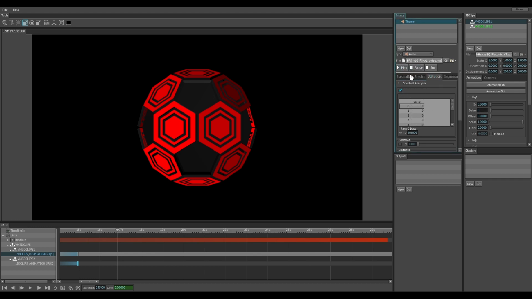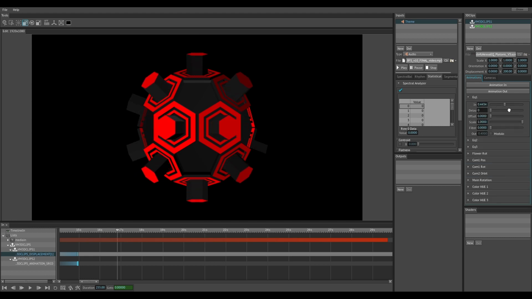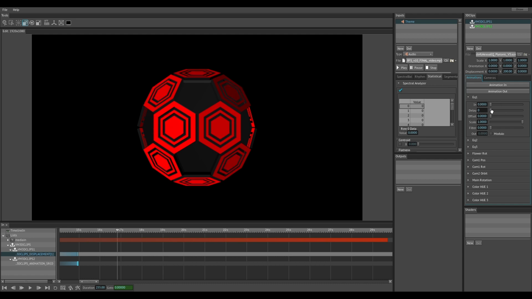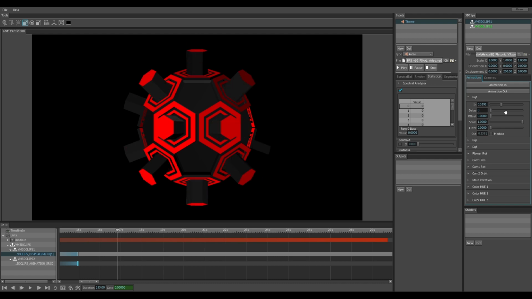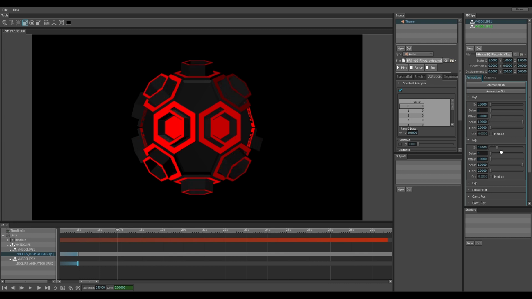Okay, so we go to the clip, and here in this clip we have several channels of animation. We have 3 equalizers that will be scaling the rings. I will use this one for treble,